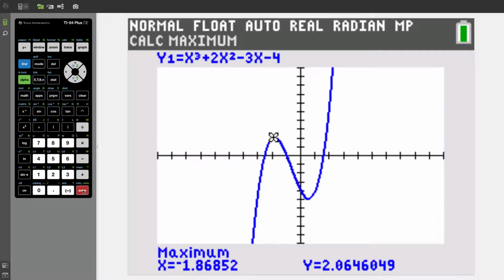Okay, so get on the left side of the minimum. Sometimes it's hard to tell if you're on the min or over. So I just like, okay, now I'm on the left side, so I hit enter. Now I gotta get on the right side of that. So I'm pretty sure I don't guess. So you have to hit enter 3 times. The left side, the right side,